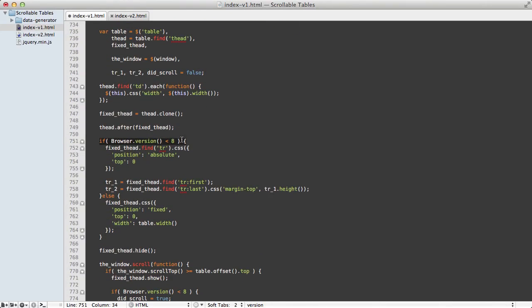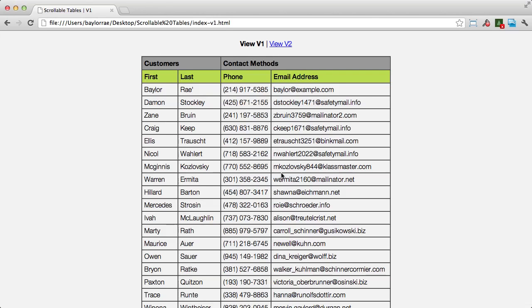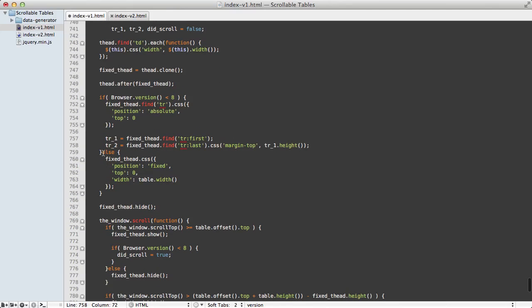When we are in IE6 or 7, because it's less than 8, then we're actually going to position the table rows to the top of the page. And then we're going to go through and set these variables, table row 1, table row 2, and when we do table row 2, we're going to set the margin top of this to the height of table row 1, which is going to push this so that they stack like this again, where the green one's below the gray one. Else, this is where we handle kind of a normal browser, I guess,